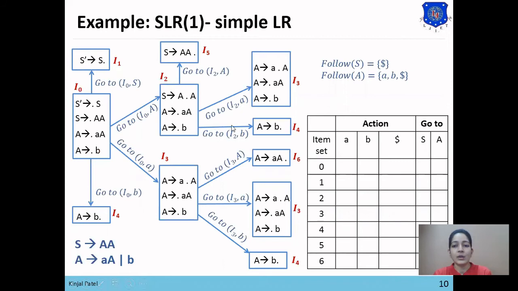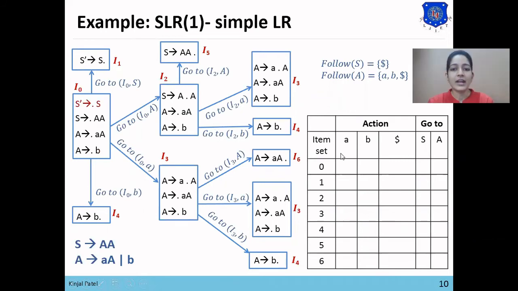Now we'll construct the SLR parsing table. First we make the entries of shift, so we check the goto entries. Here, first goto(I0, S) = 1, so from 0 to S, 1 will be placed.